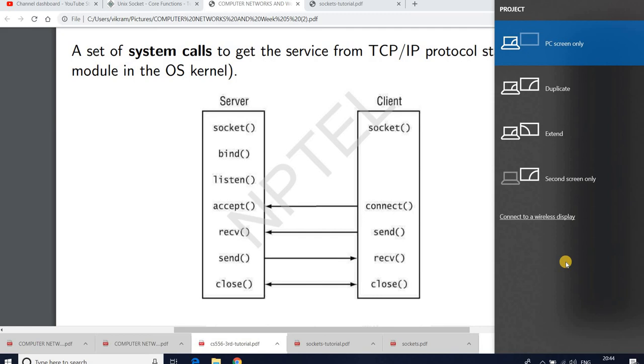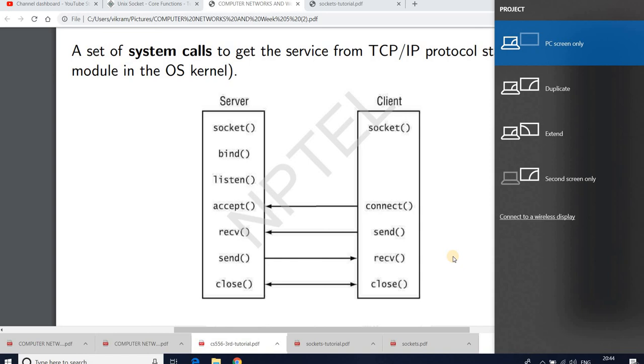So the client already knows the IP address where the server is running, and the port number where the server is running. So the client initiates the connect call, and this connect makes a connection towards the server here.